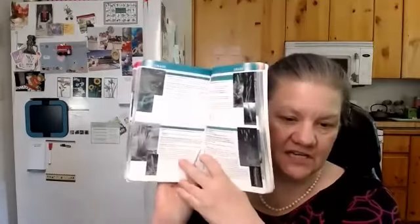I can't emphasize enough, if you want to do foraging, do it safely. Make sure that you do have a field guide, and not just any field guide, but one that's specific to your region. This is my region. If you're in BC, there's also plants of coastal British Columbia and plants of northern British Columbia. So they're very regional. They're not just to your province or state, but they get right down into the region that you're in. And you should have one that has photographs, like this one has photographs to help you